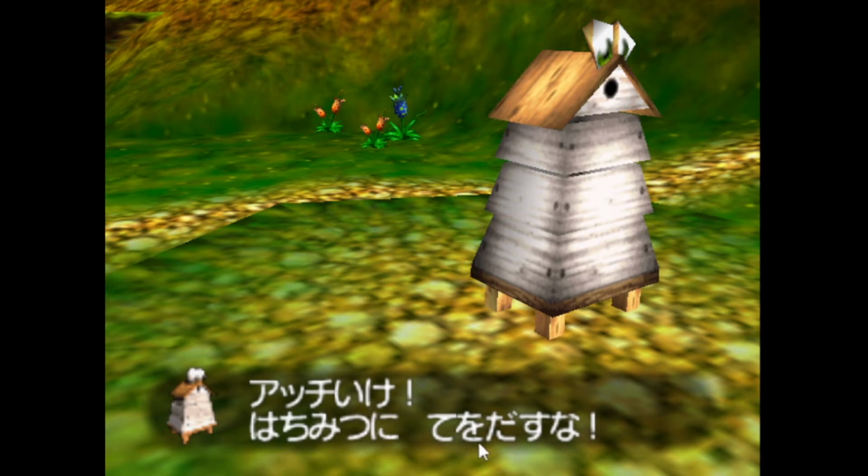Hachimitsu ni te wo dasu na. Okay, so hachimitsu, as we've said, is like honey. Ni, just, to honey, I guess. Te wo dasu na. I guess that means to present one's hand in a way. Te is hand and dasu is to get something out, isn't it? So I guess it's to extend one's hand. And then putting na at the end of it is like a negative imperative.